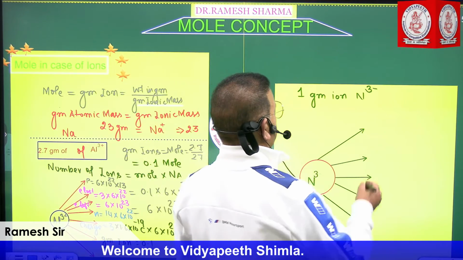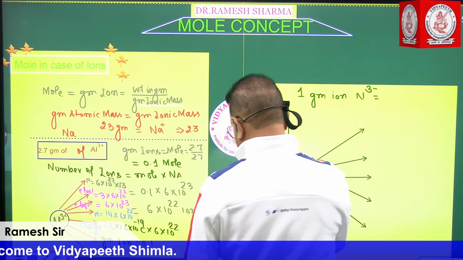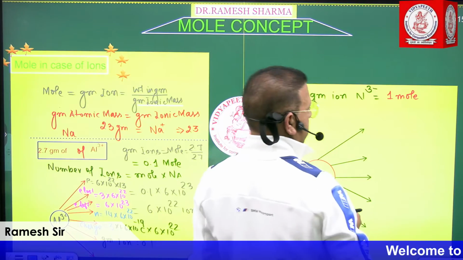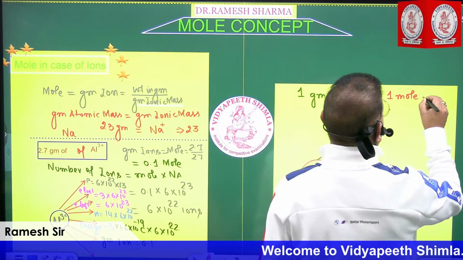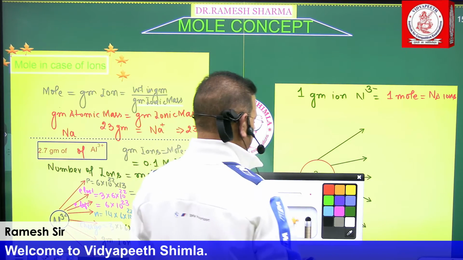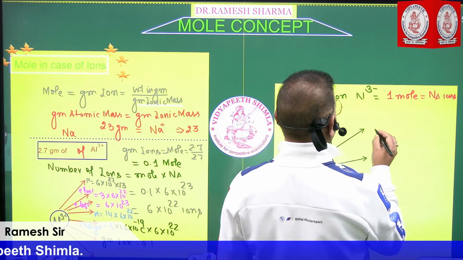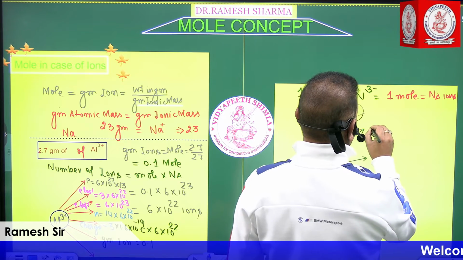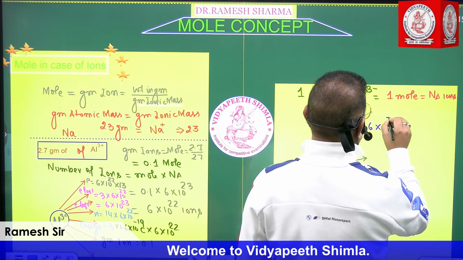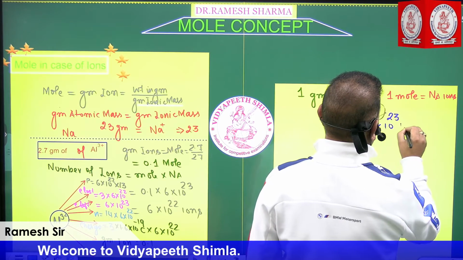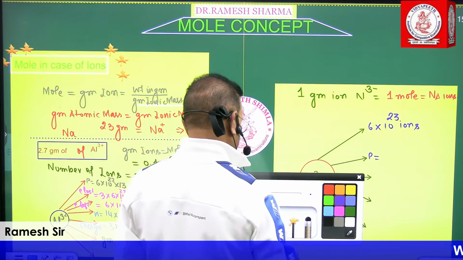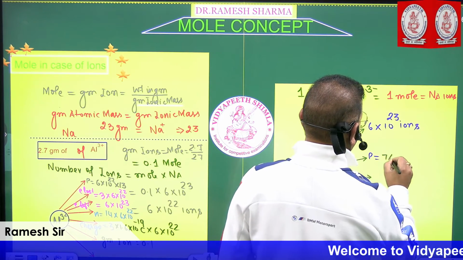Now, when we will discuss 1 gram iron N3 negative, we said, yes Vanshika, we will say this is 1 mole. And if it is, no need to say, anion is minus, we'll have Na ions. It means we'll have 6 into 10 raised to the power 23 ions. Is it okay, beta? 6 into 10 raised to the power 23 ions will have protons equal to 7 into 6 into 10